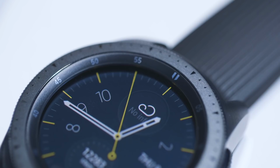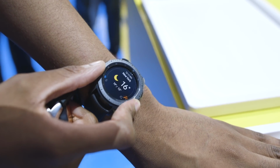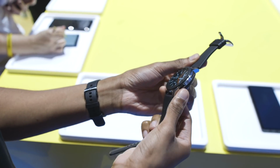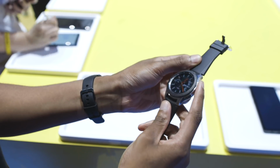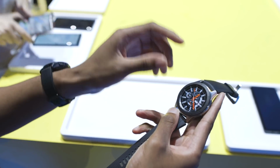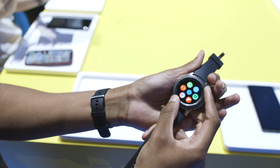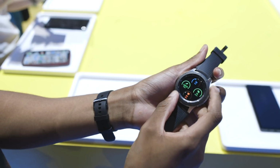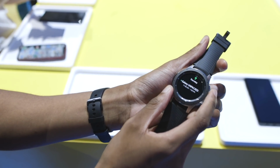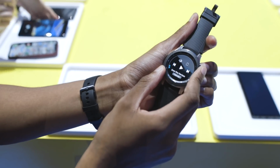So from an aesthetic standpoint, I have to say that the Galaxy Watch has definitely matured since I last saw it. So looking at the larger version of the watch, we have two physical buttons, one which takes you to home, and another button which you basically can use to program and do just about anything. The crown of the watch, which is this rotating circle right here, is your main navigational tool besides the screen itself. So from here you can get to the different home screens, the different scenarios that you would set up,